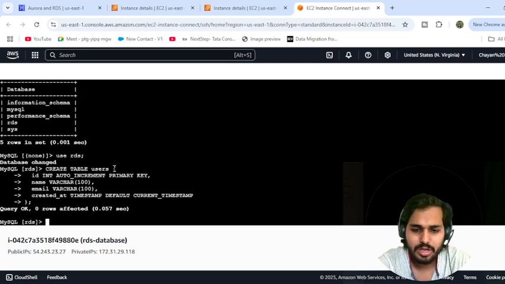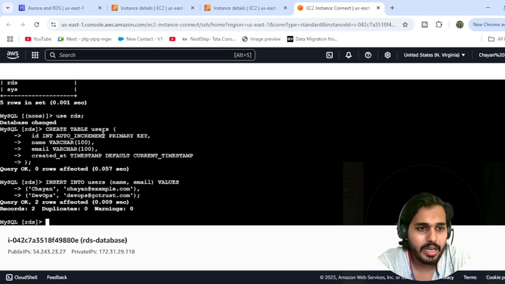You can just use any of these particular things. If you want to insert some kind of data, we have just created a table with the user's name and an int value, and we are inserting into the users table. And if you want to run some queries, like select star from